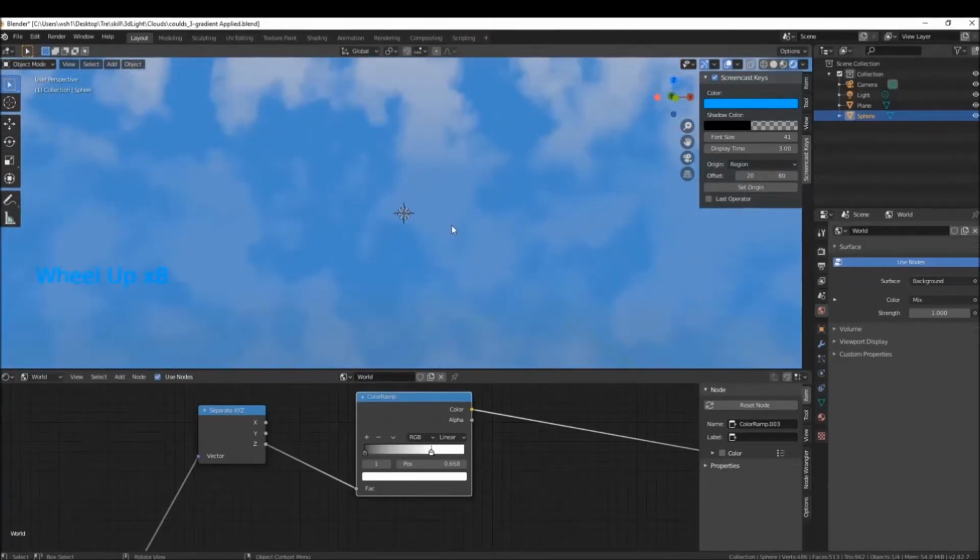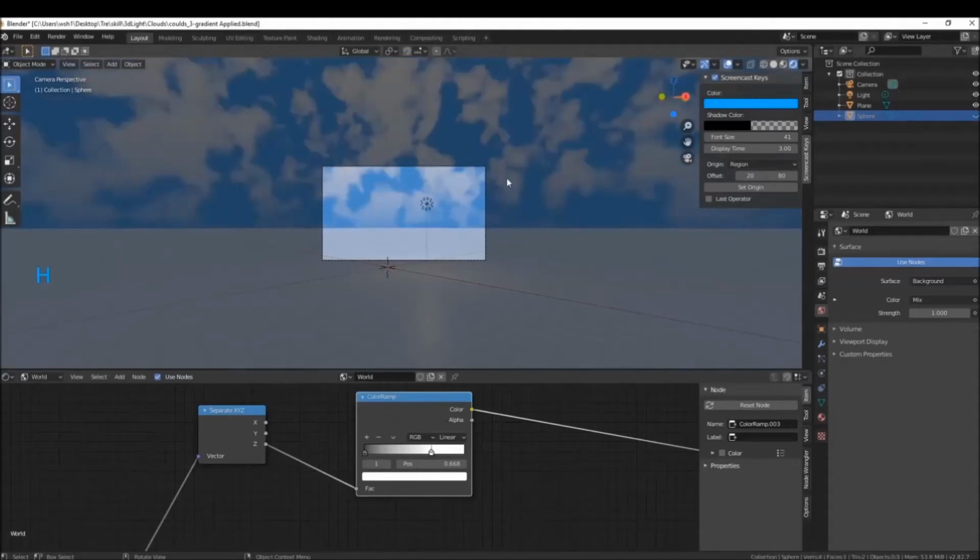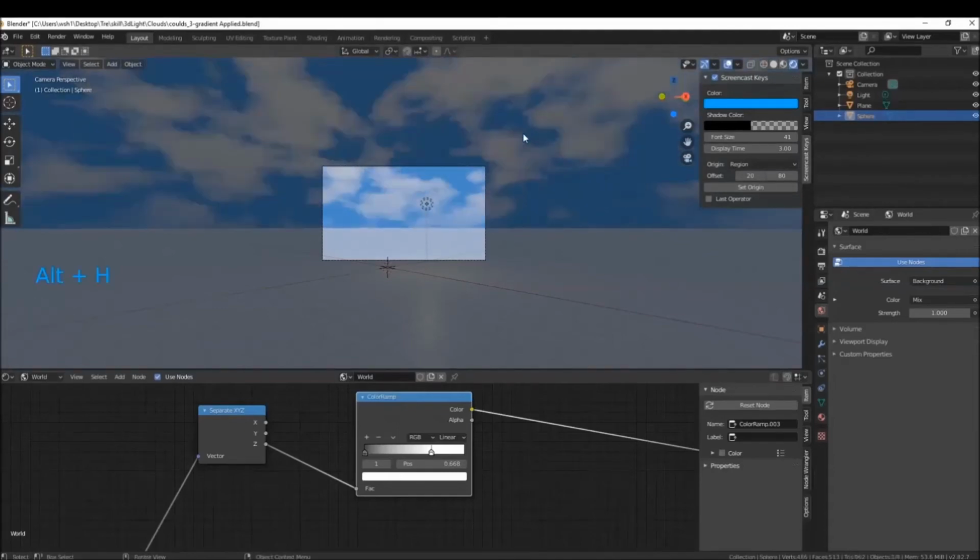We can't really zoom out and see anything, but we can look at the sky to give us an idea. Last thing we can do is look through the camera. Now we're actually looking at the dome here, but if I hit H, we can hide that. And now this is the actual sky that we created. If we want to see the dome, I'm going to hit Alt H to unhide that. And now if I go back to our object,